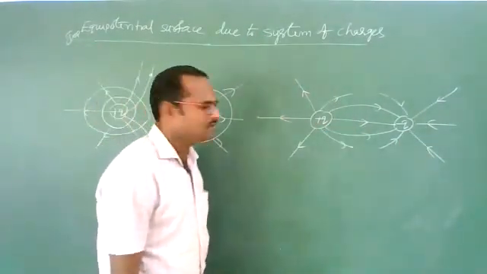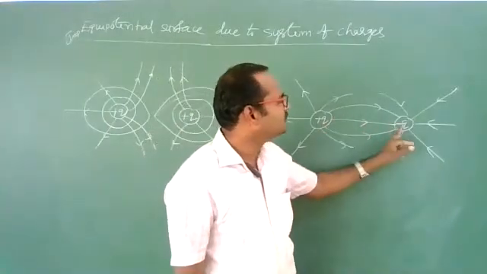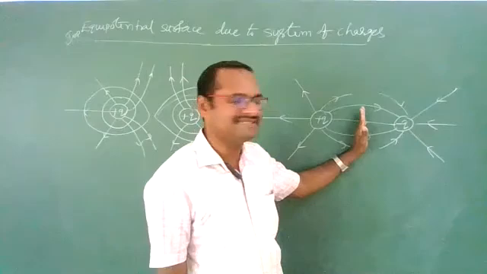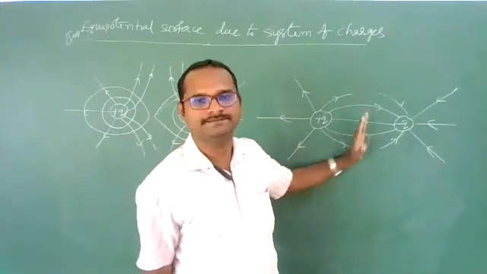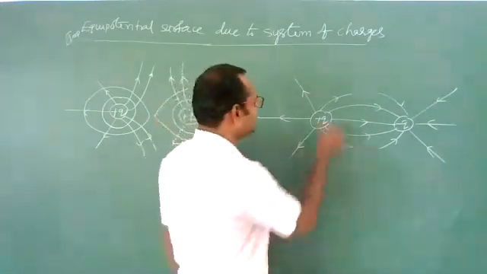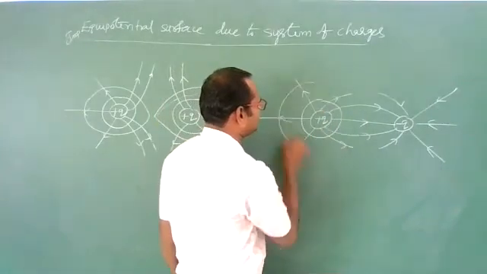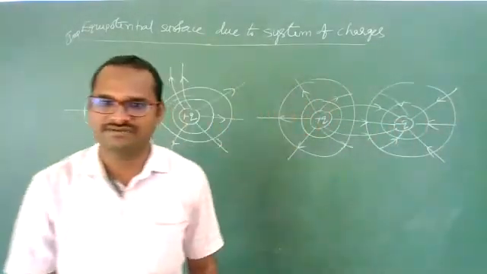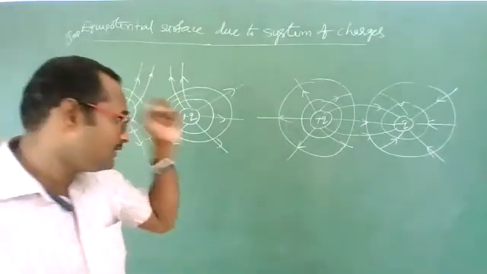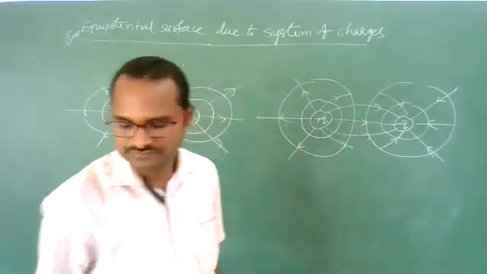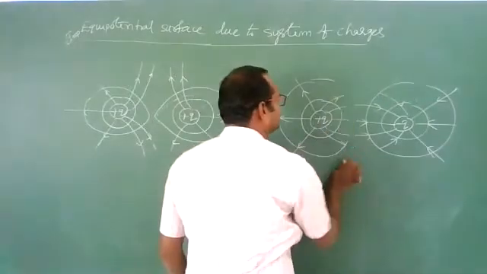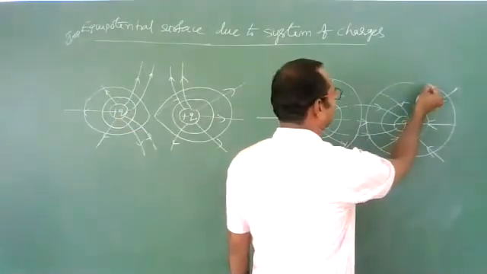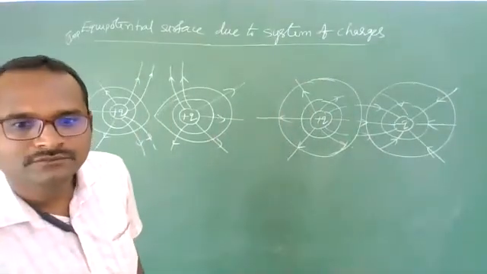Imagine these two are opposite charges, equal in magnitude. The potential exactly at the center will become 0, means no potential. Are you getting? Equipotential surfaces should be like this. Just draw circles. Enough. Finish. Here there is no potential in between. Means you draw them like spherical. Clear? Is it clear?